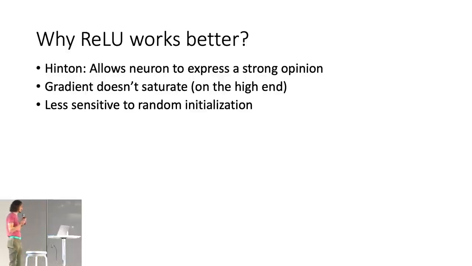Very critically, and I think this is really underappreciated, ReLUs are really insensitive to random initialization. If you're working with a bunch of sigmoid layers, you need to pick those random values at the beginning of your training to make sure that your activation values are in that middle part where you're going to get reasonable gradients. And people used to worry a lot about what initialization to use for your neural network. You don't hear people worrying about that much at all anymore. And ReLUs are really the key reason why that is.